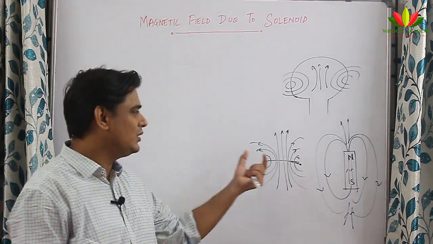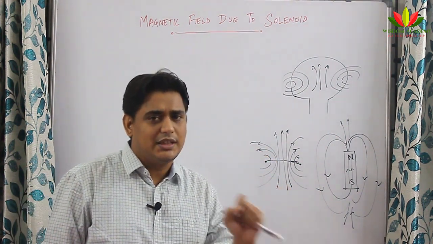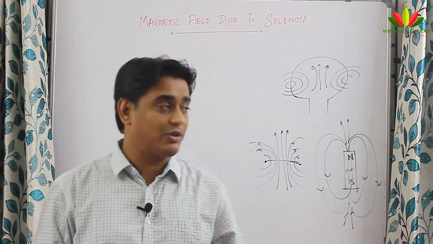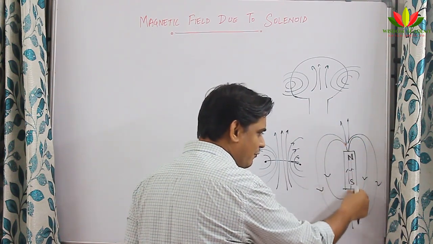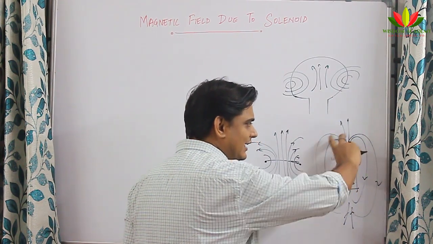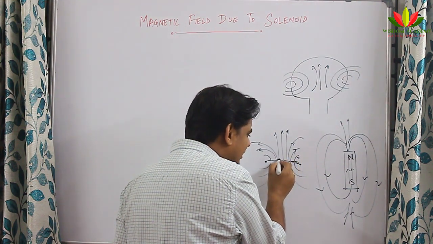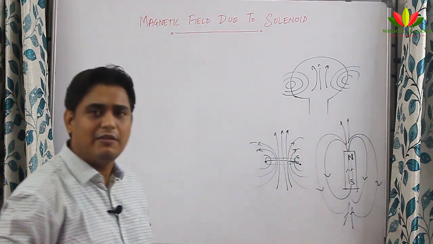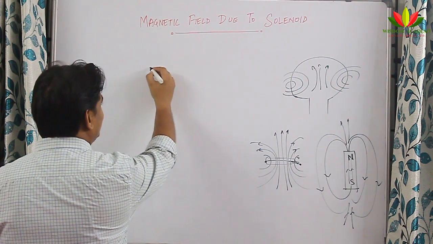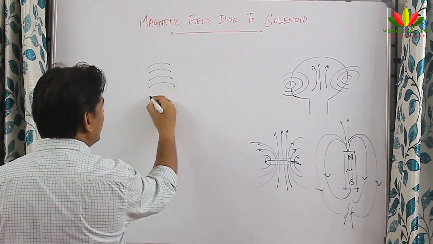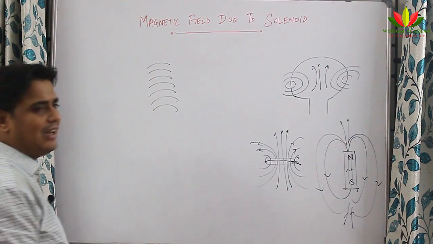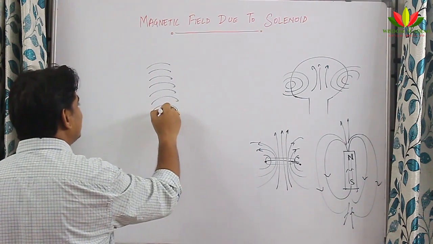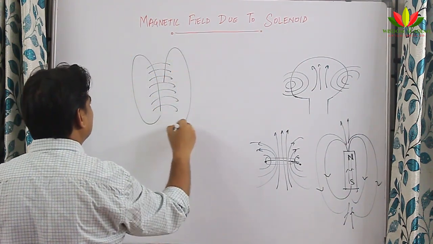So with one circular coil, we can produce the magnetic field which is very similar to a very small bar magnet. Because in this bar magnet, I have a sufficient area of parallel lines of force, and then we have these curves. Here if you see, only for some region I got the parallel thing. So what I will do, I will increase the number of coils. So one coil was there, I will make one more, one more, one more. So what will happen, when I do this, all the magnetic lines of force will overlap to each other and I will get the magnetic field something like this.